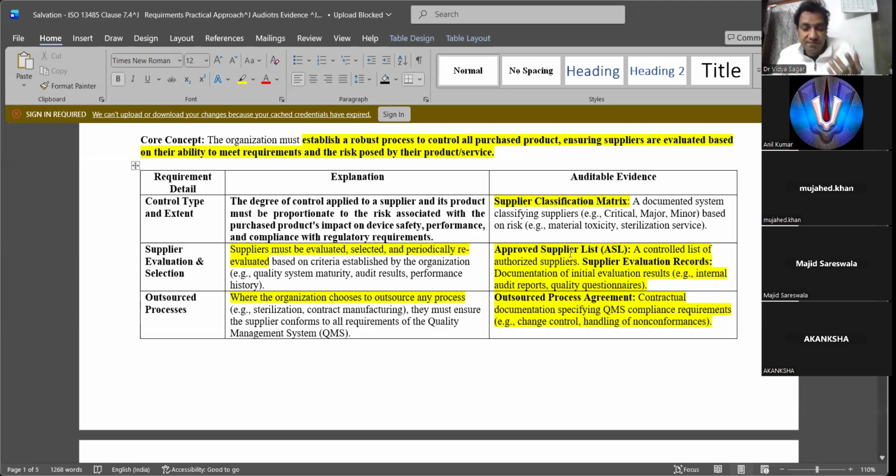Supplier control means the agreement will say you are going to supply this product for the next 3 or 4 years, whether raw material, product or equipment. If you buy an equipment and it goes wrong, you are going to service it, bring the spare, and there is a warranty for us. So you need to look at all things. It could be a component, a raw material, or a service.